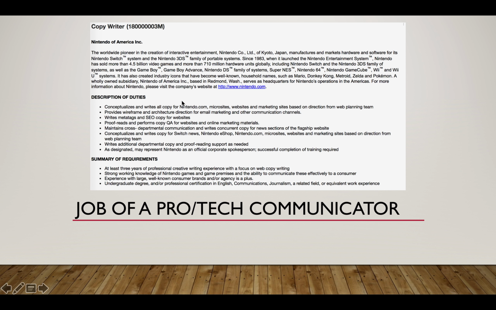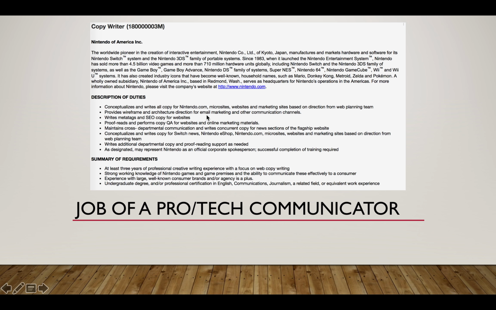Conceptualizes and writes all copy, provides wireframe and architecture direction for email marketing and other communication channels. So literally helping the company understand how we do email marketing and how we communicate. Not just writing it, but like when do we send out the email blasts? What should they include? Writes meta tags and SEO copy for websites.